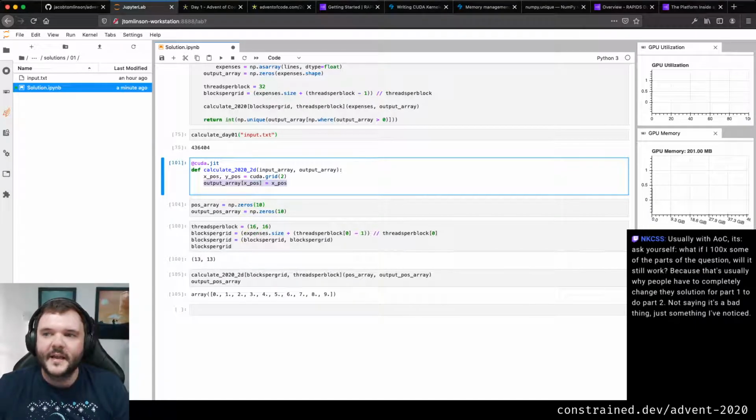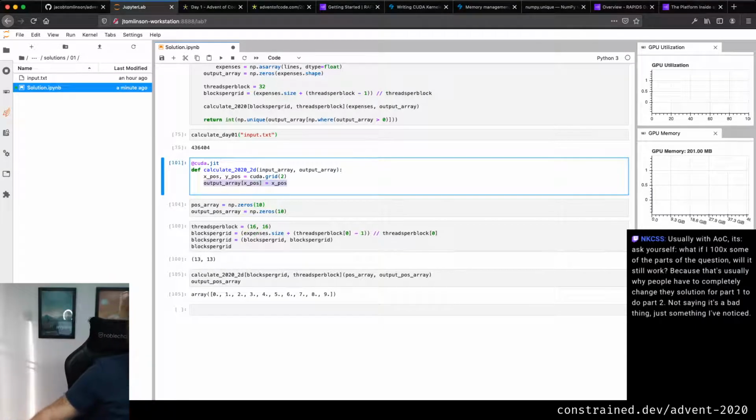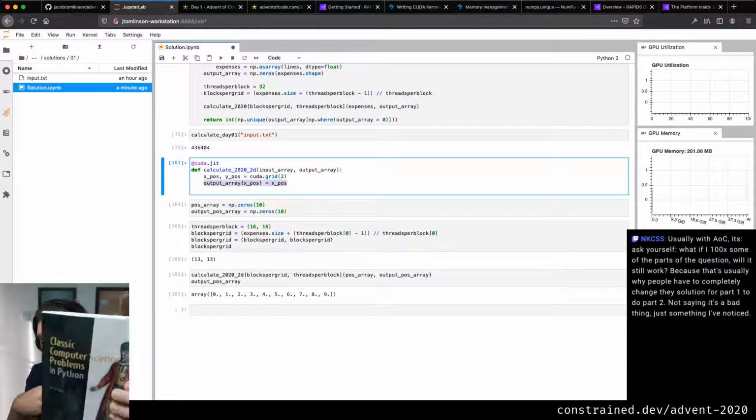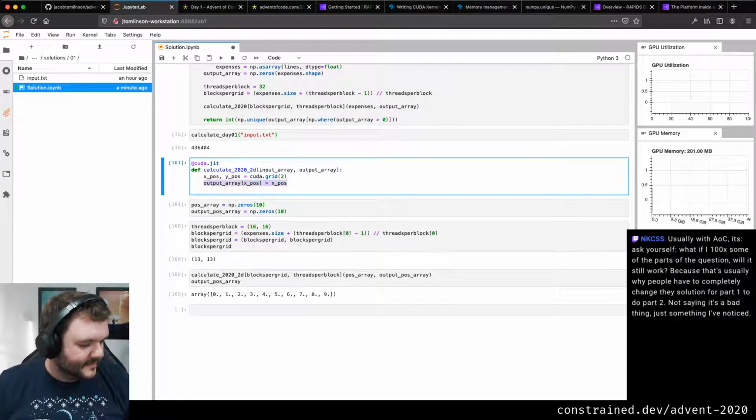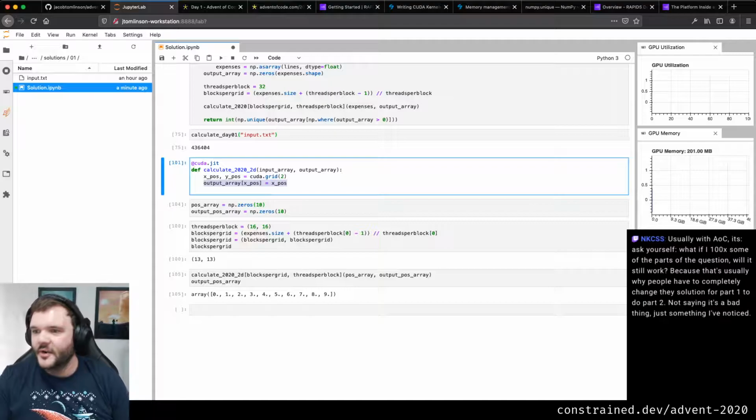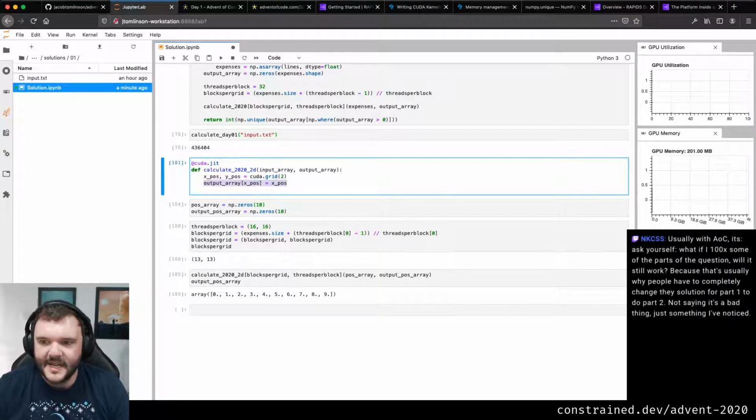This is definitely like AOC is quite a pure computer science problem solving thing, right? Like if you work through, like I've got this book which I quite like, right? Classic computer science problems in Python. And it's the same kind of idea, right? You're working through standard common use cases that scale, and it discusses why they don't scale. And AOC is there to show how and why, and to prove some of these points.